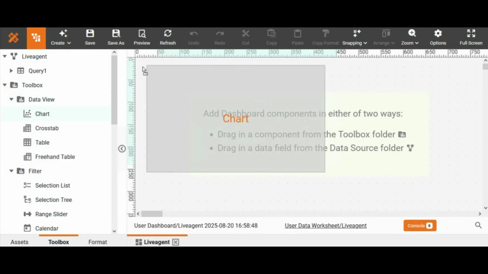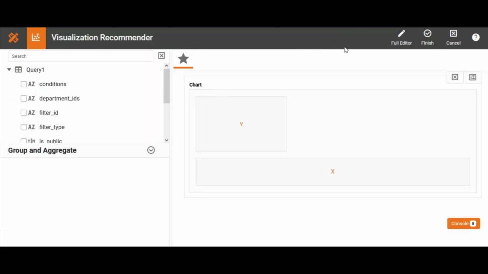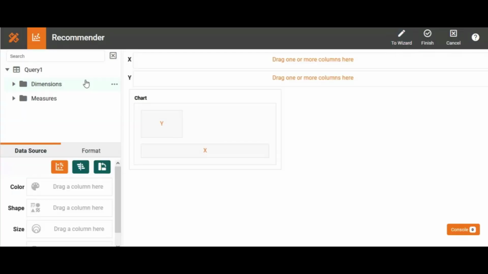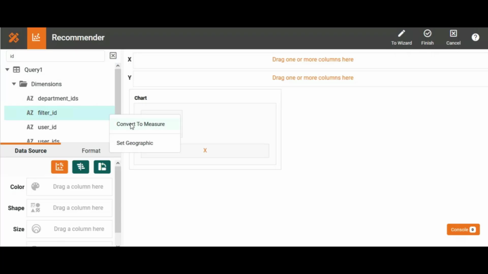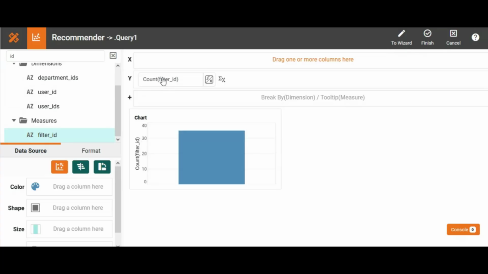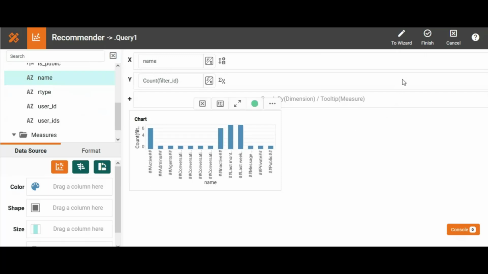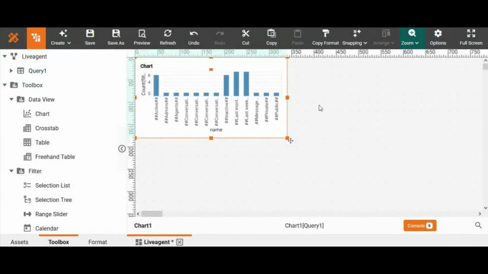So I'm going to start by dragging out a chart. I'm going to make it a little bit smaller. Click Edit. Click through to Full Editor. And I need an ID to use as a measure. So I'm going to change Filter ID to Measure. And I'm going to drag that into my y-axis. And then I'm going to select the field name to use as my dimension. So I'm going to drag name into the x-axis. And now if I click finish, I have a chart that breaks down a count of filter IDs based on